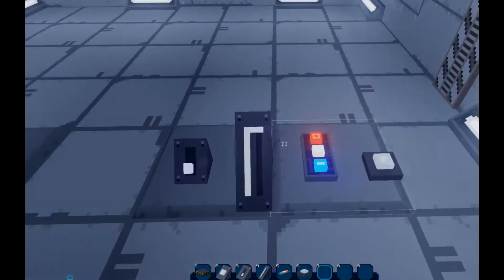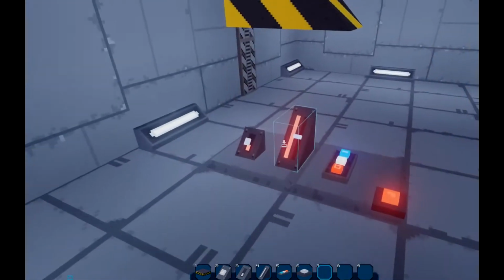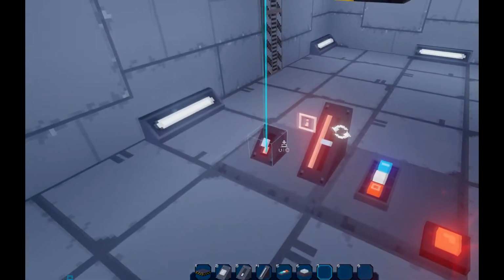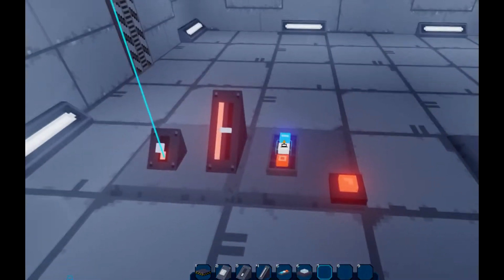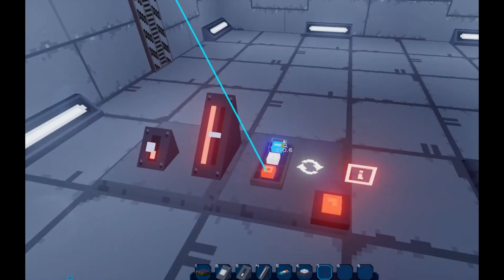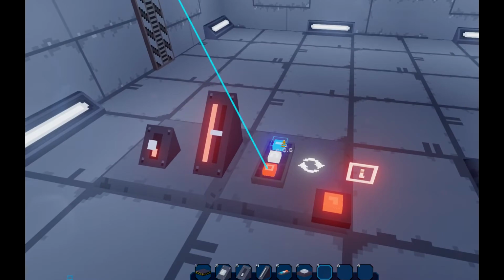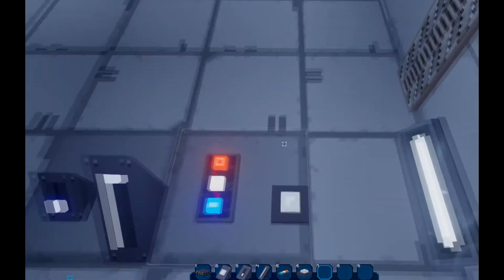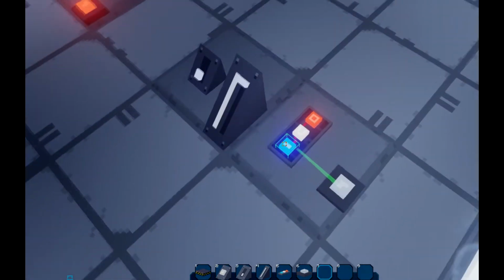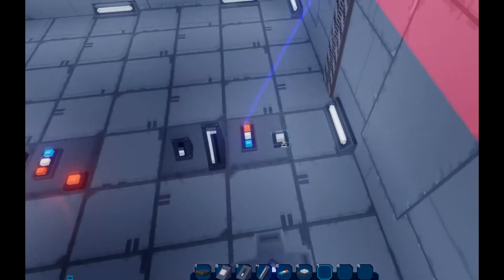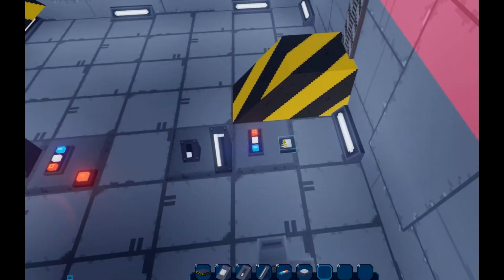Okay, but let's see how they did it here. So this one is just linked to it in general, switch is also just linked to it, but the button is going to a blue, which is the input, and then the red is the output. So button goes to blue, red, output goes to that, which should just do